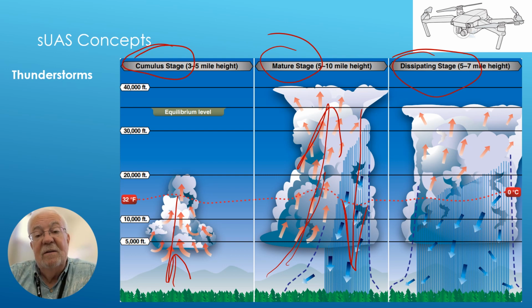They tell me that a thunderstorm only lives for about half an hour to 45 minutes, then it dies off. The thing is, if the atmospheric conditions are right, then as one thunderstorm reaches the mature stage, another is at the cumulus stage, and another will be at the dissipating stage, and they'll be continually popping up. It will appear to us on the ground as if it's one thunderstorm that lasts for days and days and days. But typically, they're not supposed to last that long.